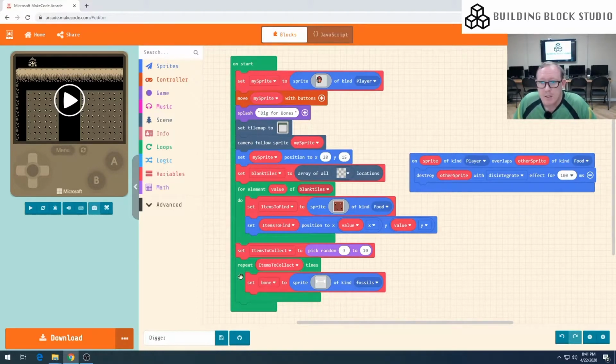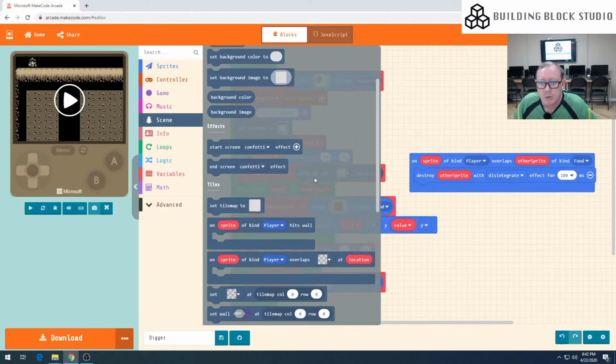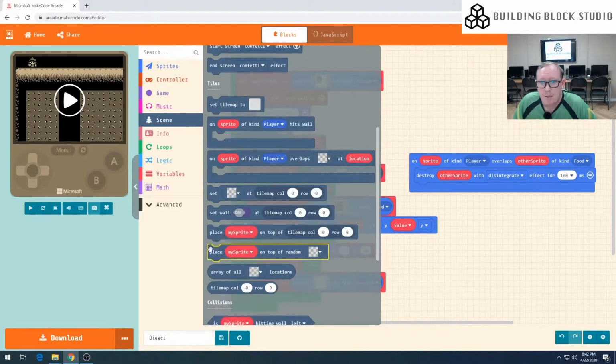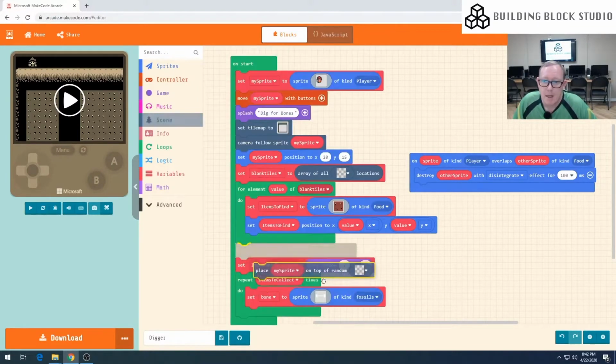All right, so just like we did last time, I've created a new sprite, and now I need to set a random location for our sprite here. Now I could do the same approach that I took last time and work out a random X and work out a random Y position, but it turns out that there's actually a really cool block that's already been created for us. It says place my sprite on top of a random type of block, and if I drag that in,